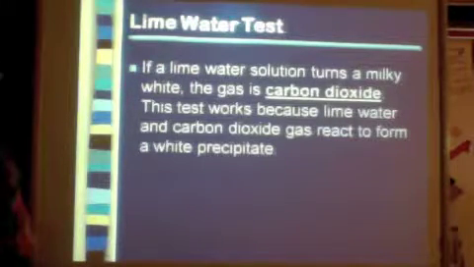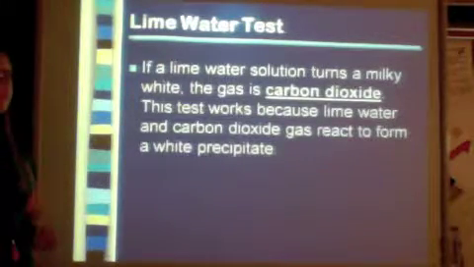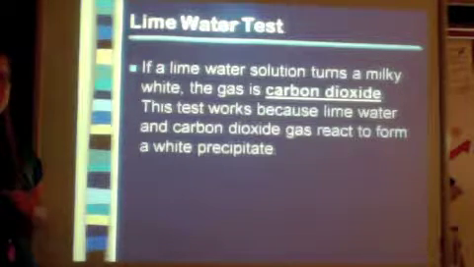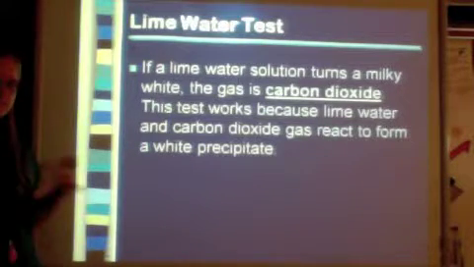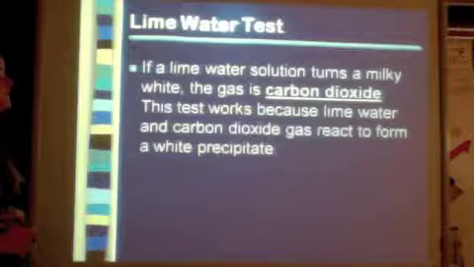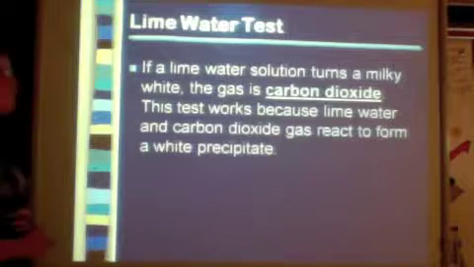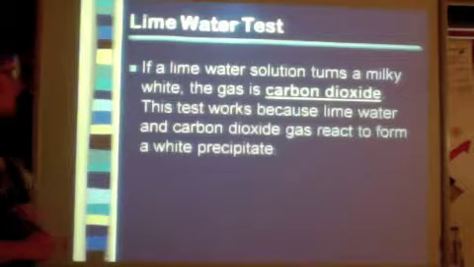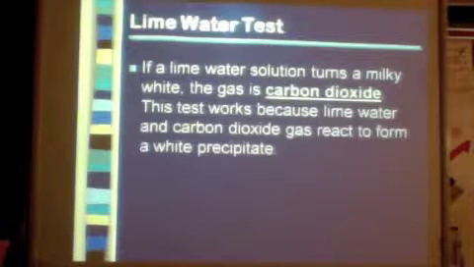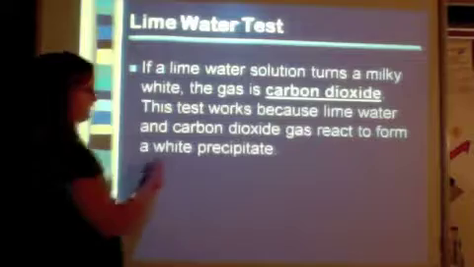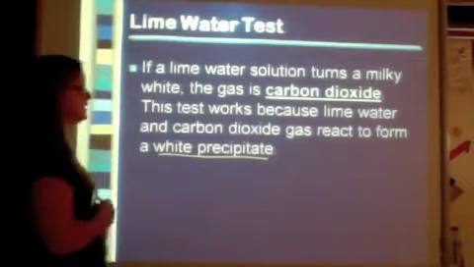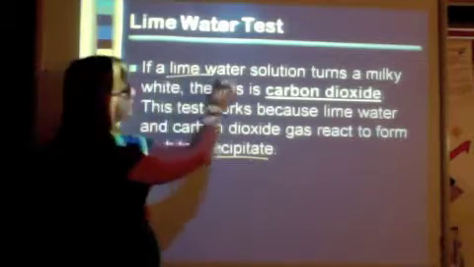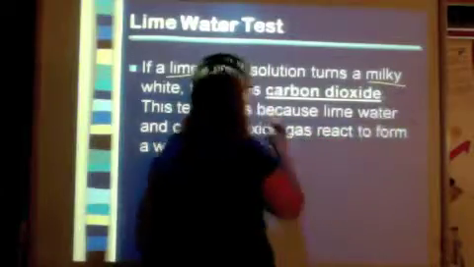And then the last test, lime water test. This does not mean that you took some lime and put it into water. It's a chemical mixture, okay? If lime water solution turns a milky white, the gas is carbon dioxide. The test works because lime water and carbon dioxide react to form a white precipitate. So if lime water turns milky, that means you have